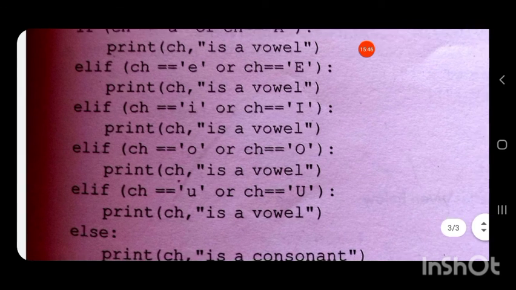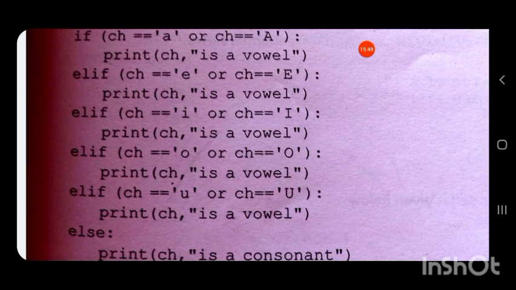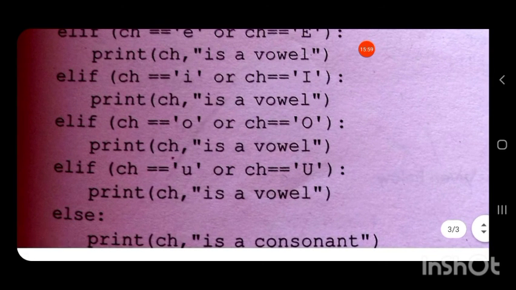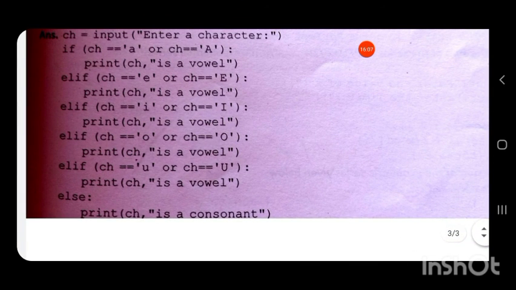Otherwise it will go to the next elif statement, elif ch equal to u or ch equal to capital U. If it is true, it will print it is a vowel, or else it will print the character entered is a consonant.